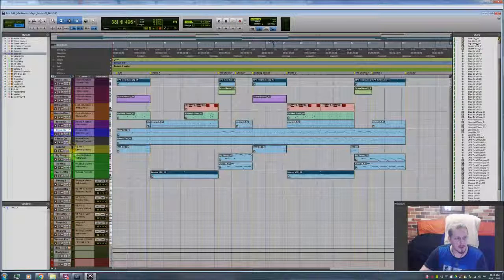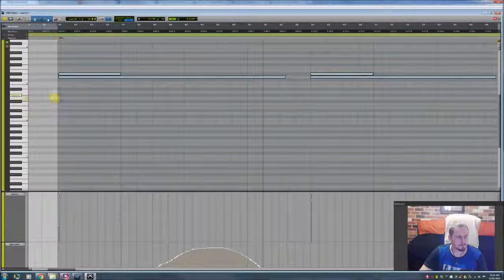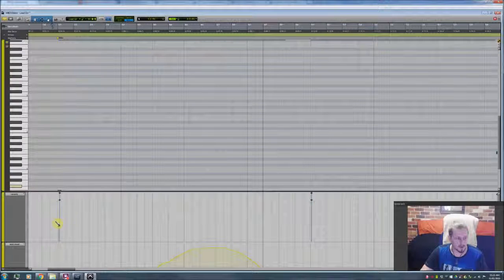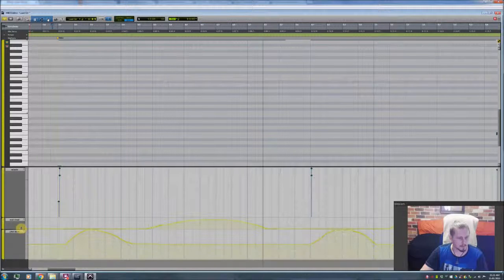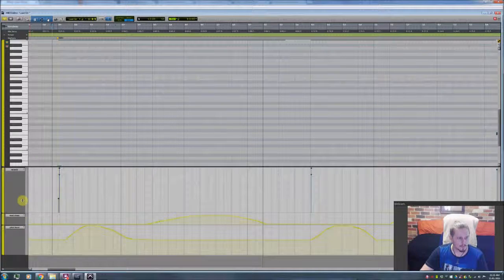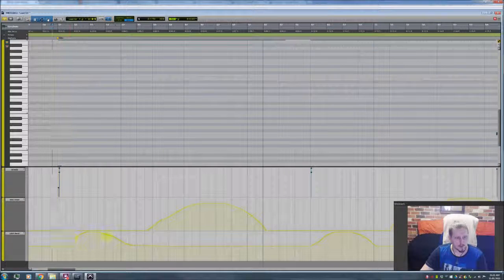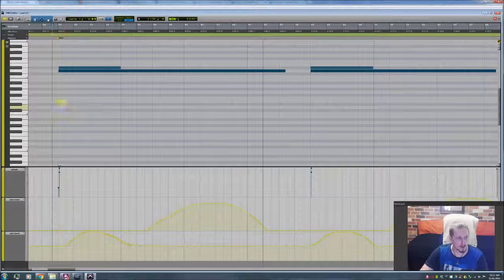Now let's go to the next guitar part, which is this lead guitar. Let's have a look at what's going on here. So I've got a unison bend in the beginning here, with a bit of modulation and pitch bend. Yeah, got a bit of pitch bend and some modulation here on this unison bend.